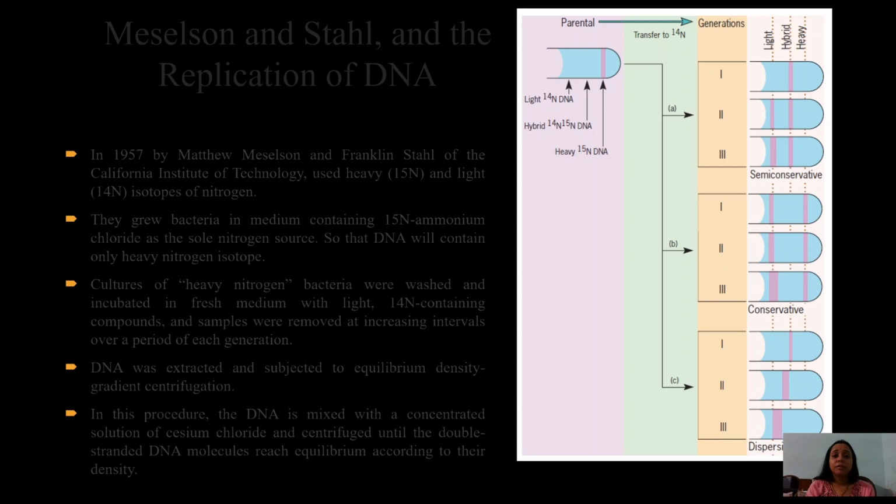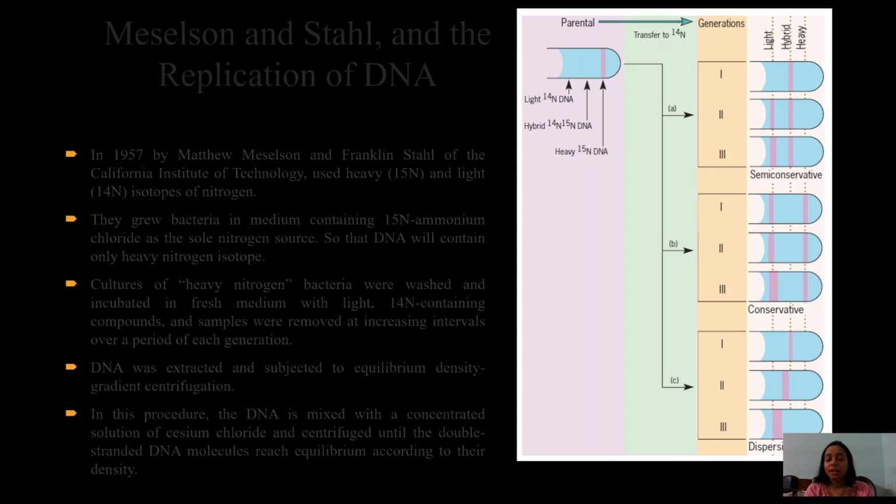Now, as we talked about the three different models, semi-conservative, conservative and dispersive, they might have thought of these probable results. So they planned what the result would be, and then compared this with the result they got after the experiment. You can just see what the result would have been for the semi-conservative model.